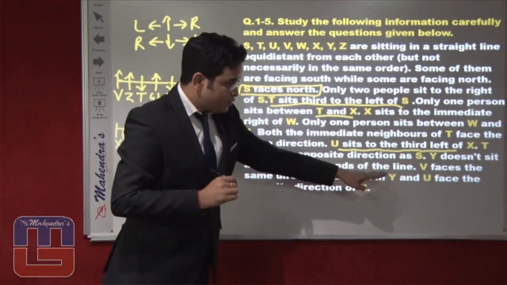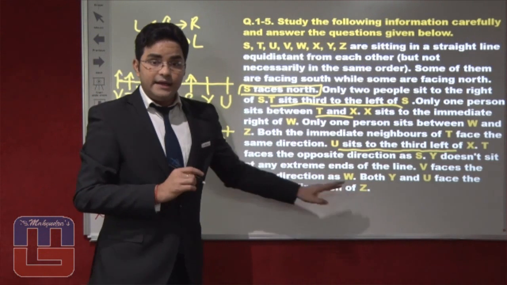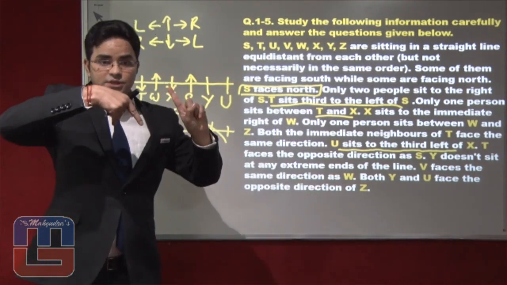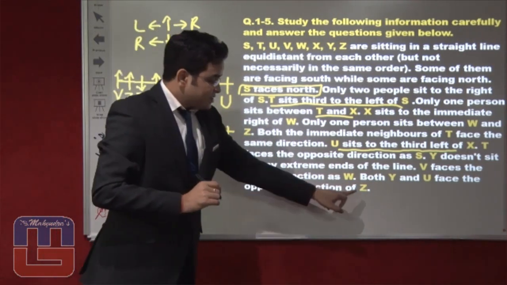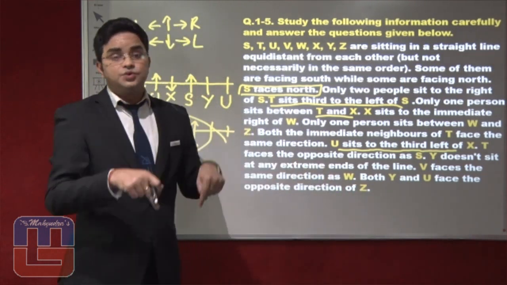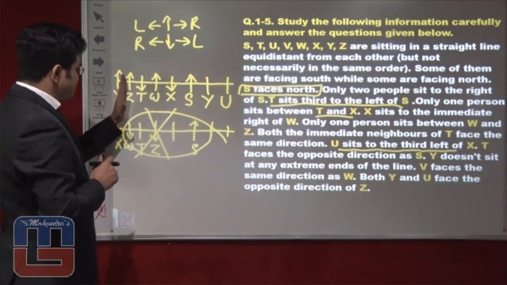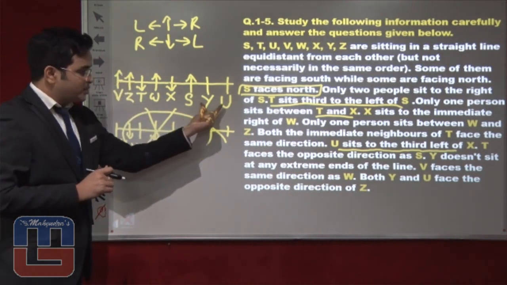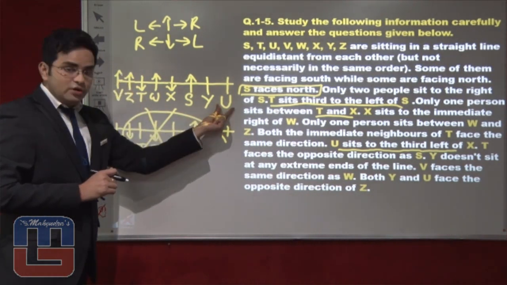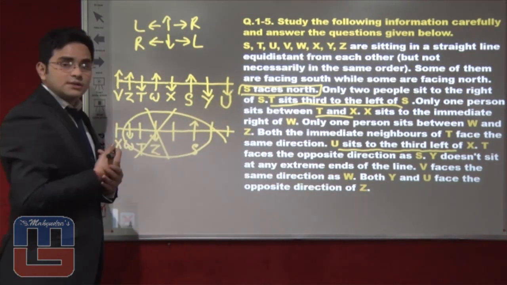Next one saying both Y and U face the opposite direction of Z. It means that the direction of Z, like if Z is facing towards north, Y and U are both facing towards south, opposite of Z. Okay, here we can check. Z is facing towards north. It means that Y and U will face the opposite. It means Y and U are facing towards